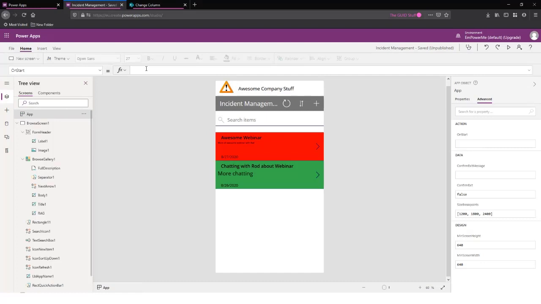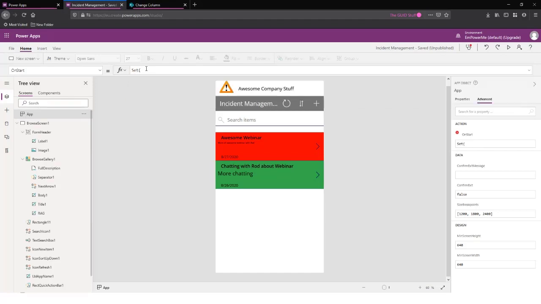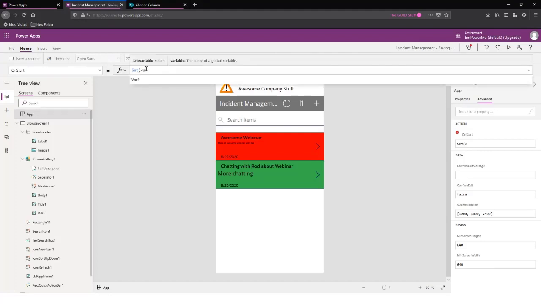So in the onStart, we want to set a variable, and it's pretty easy. You say Set, and then we're going to open our brackets. And again, the formula bar will tell you what you're trying to accomplish. So set the variable and then the value. This is a global variable, so we're going to give it a name. You typically want to name things